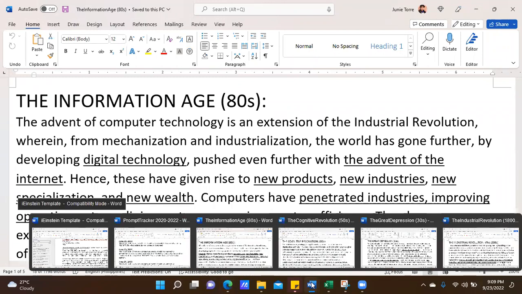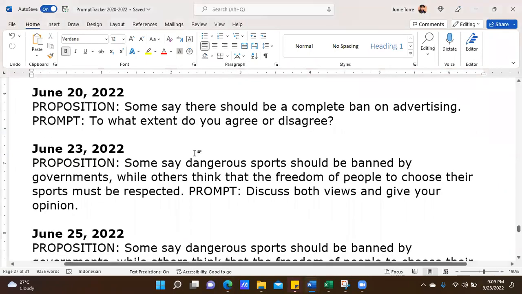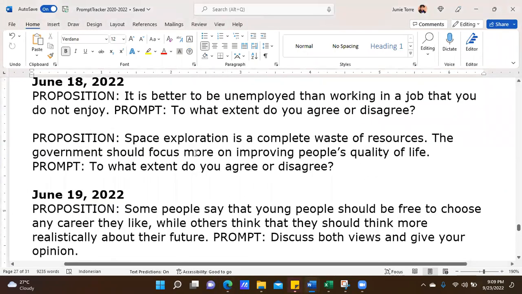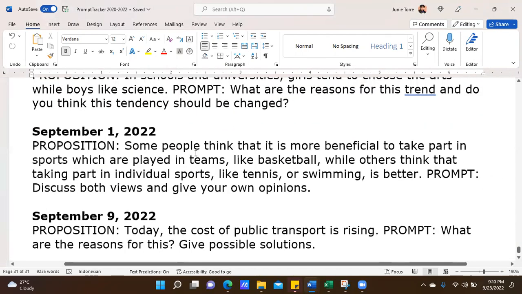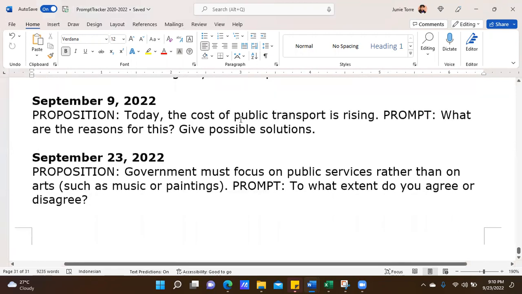Yan. And then I'll send that to you guys, and then I will send you the prompt tracker. But just take note that this is constantly being updated. So hingi na lang kayo. Sabi niyo, sir, can I have the latest edition of the prompt tracker? Kasi every time may mag-exam, hinihingi ko yung, this one just came out earlier.